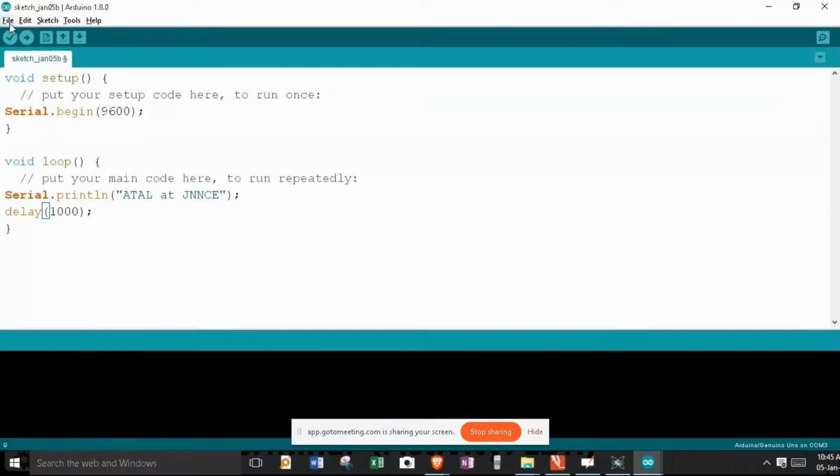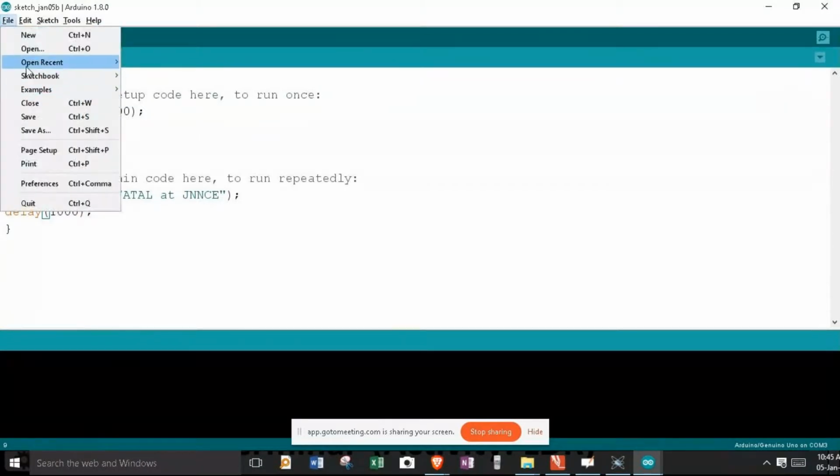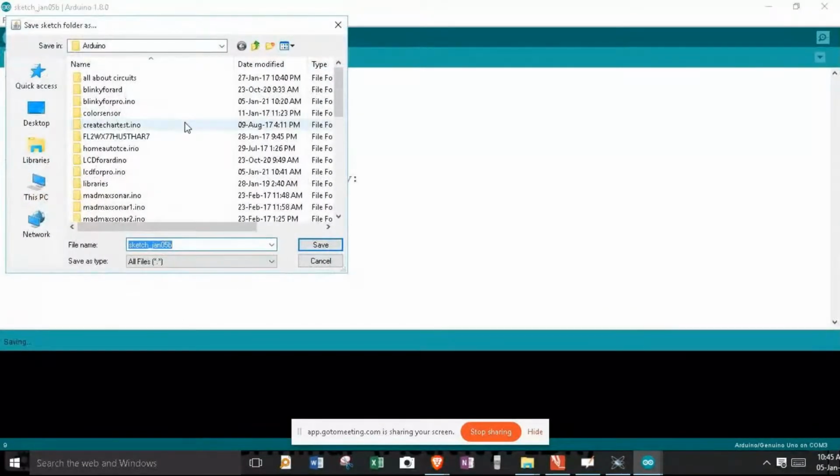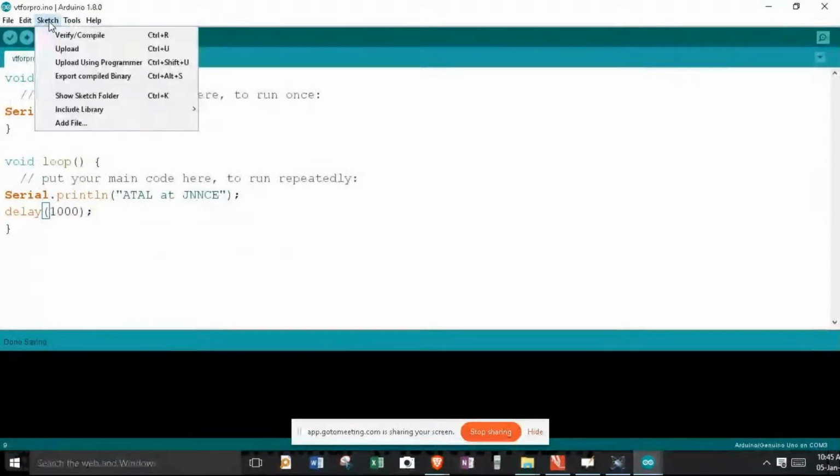So right now let me save this program first. Let's give it a relevant name. Let it be virtual terminal VT for Proteus Pro.ino. Hit save. So after this, I got to go to sketch.